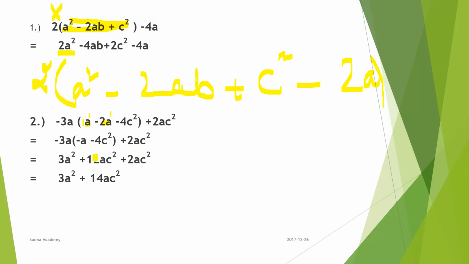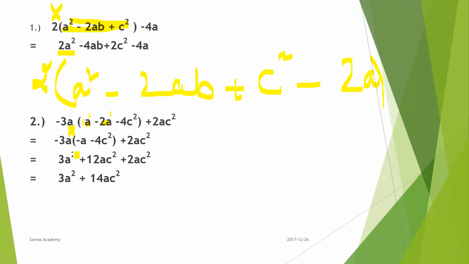Now see the multiplication. There is no sign between this parenthesis and minus 3a. No sign right here, so it means it is multiplication. If you notice that there is a parenthesis and beside the parenthesis there is no sign, automatically the multiplication sign is there. So you have to multiply minus 3 and minus a, and in multiplication, be careful, you have to change the sign: minus and minus will be plus. So it will be 3a square.